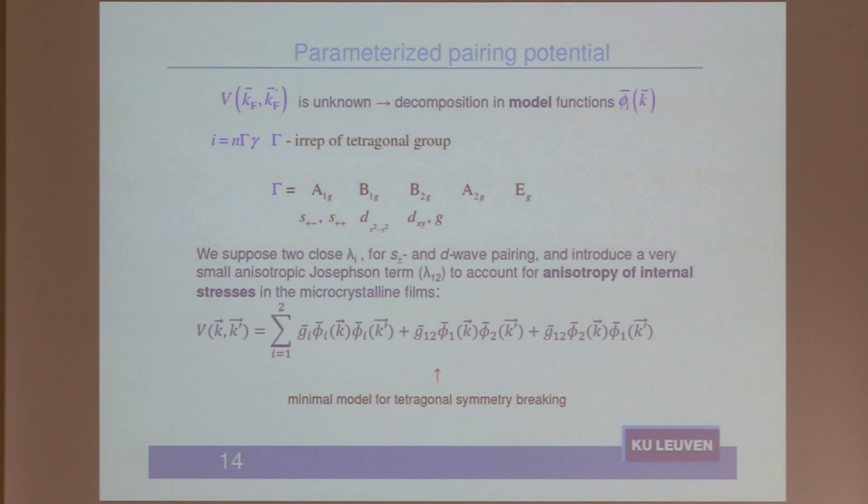So what we then do, we suppose that we have some internal stresses which are very weak to be observed in the normal phase. In the resistivity and in the a and b lattice parameters, we don't observe this. They are very weak. But because these two states, say S and D, are quasi-degenerate, even a small mixing term, which will be g12, can have an effect on the observable magnetoresistance. So we introduce one more coupling parameter, g12, here. Now this is how we represent our pairing function.